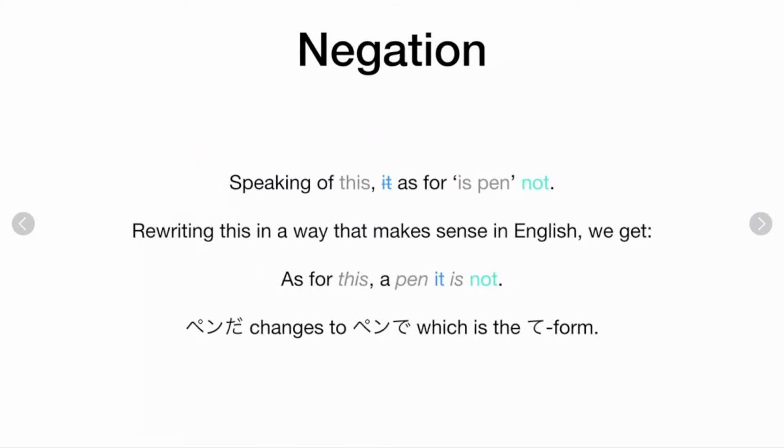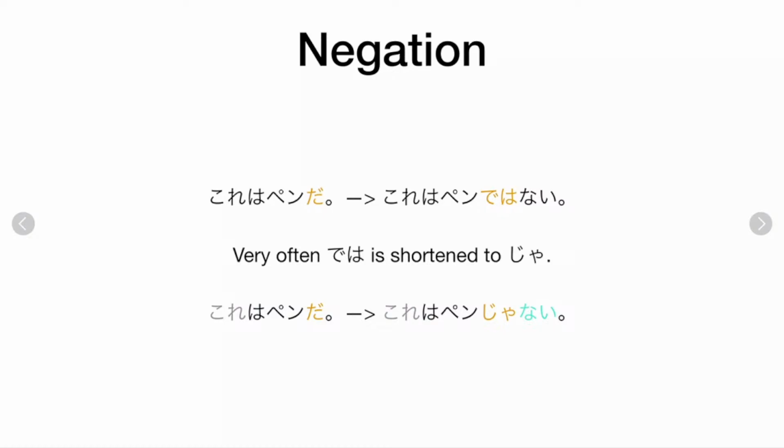Okay, and the way you would say that in English naturally is, as for this, a pen, it is not. So pen da is changing to pen de, which is the de form, connective form. Then pen de wa, as for kore wa pen da, and then nai. Dewa